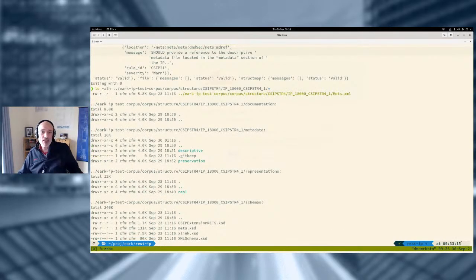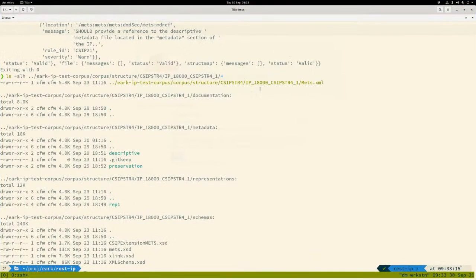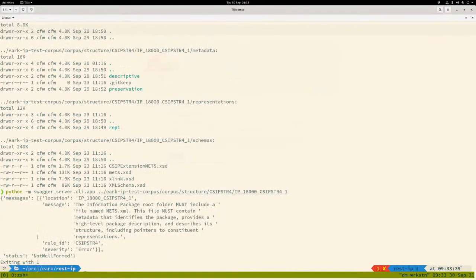So you can see that this package has a documentation folder, a metadata folder with some descriptive and preservation metadata, one representation, and some basic schema files. But what it doesn't have is a METS document. So if I simply try to validate this, I get this straightforward